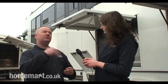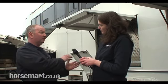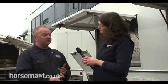Then you start going up the scale to the 7.5 tonner, which you can still drive on a car licence if you passed your test before 1997. After 97, you have to take an extra test. But the majority of horsebox people in their 30s took the test before that anyway. A 7.5 tonne horsebox would carry comfortably 2 horses,